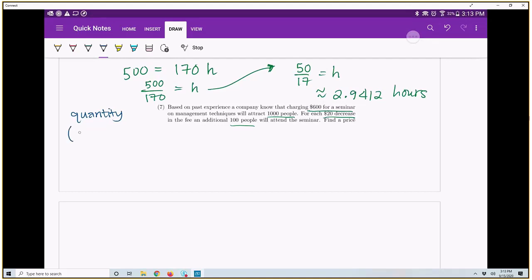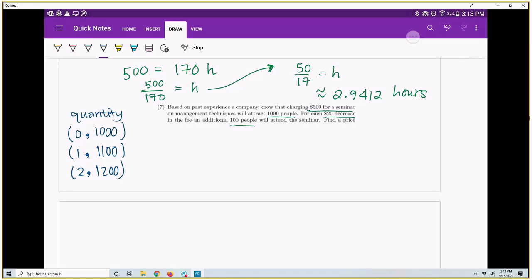If we charge $600, that means we didn't decrease the fee at all. So I'm going to say no decrease in fees, 0. Then we know that we have 1,000 people coming to our event. If we decrease by $20, so that's one time that we're decreasing, one increment of decrease, then we get 1,100 people to come because 100 more. Again, if I decrease another $20, so a second increment of decrease, then I'll get another 100 people to come,